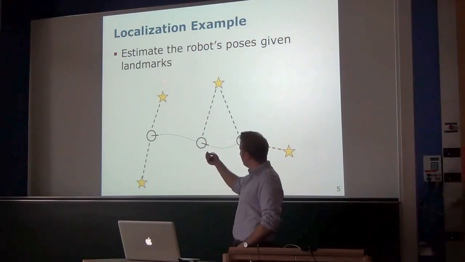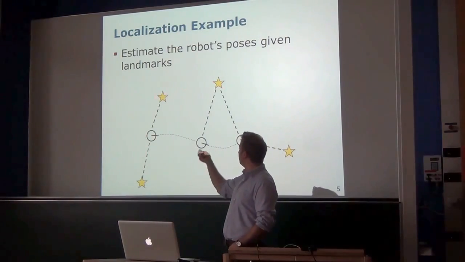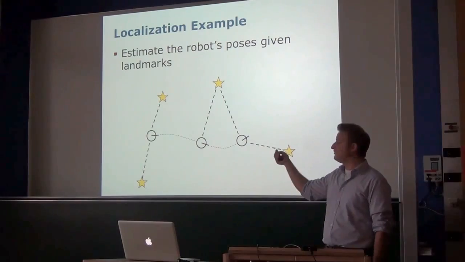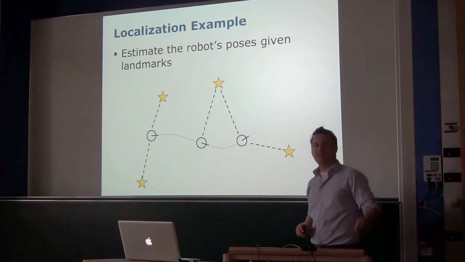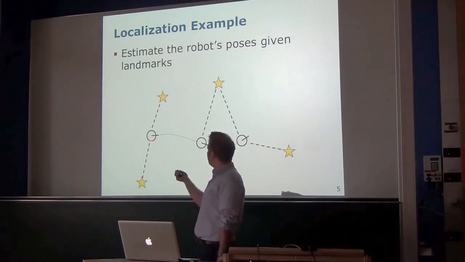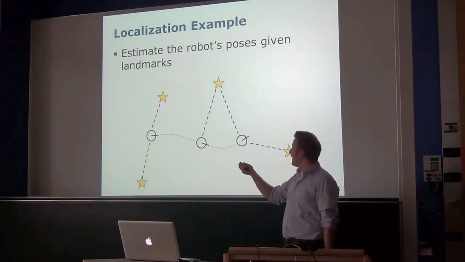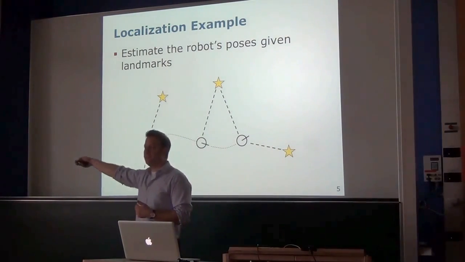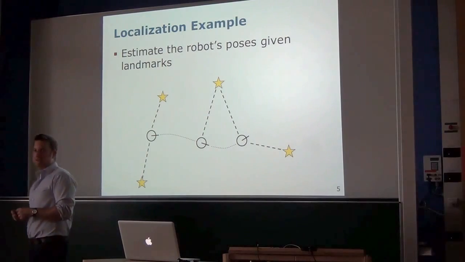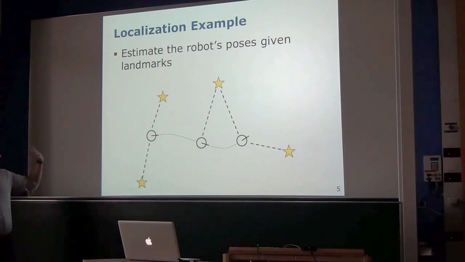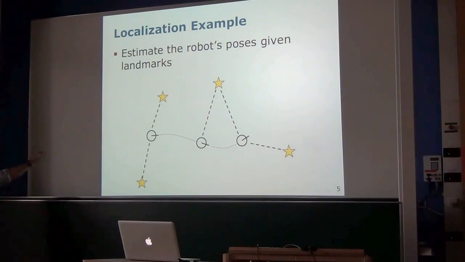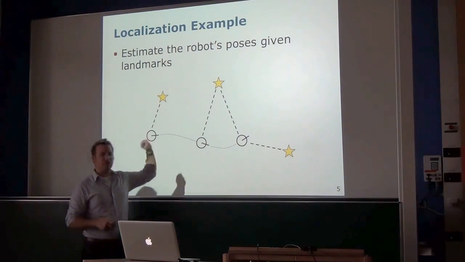So in the localization problem, we know where the landmarks are. These are the yellow stars over here, four landmarks. Let's say these are trees outside on the green on the campus. When you have a robot that moves in the environment, you can measure where those landmarks are relative to it. So you know the angle and the proximity of those landmarks to its current pose. And this is the true trajectory the robot traveled, which is typically hard to know, but let's say we know that this was exactly the trajectory of the robot,